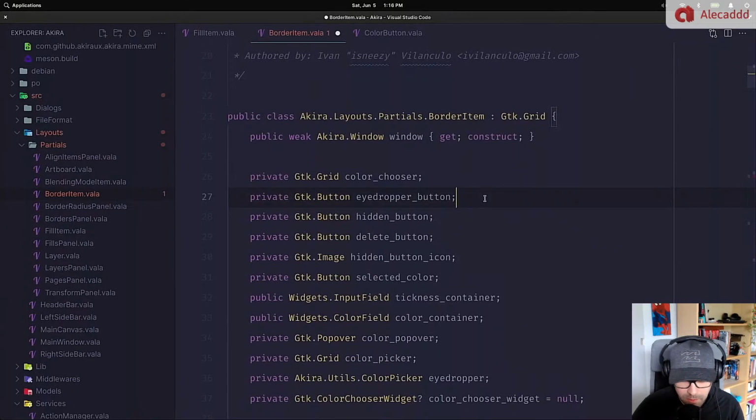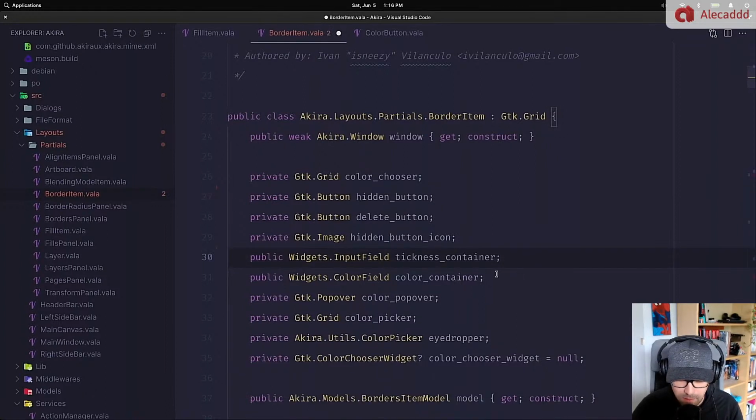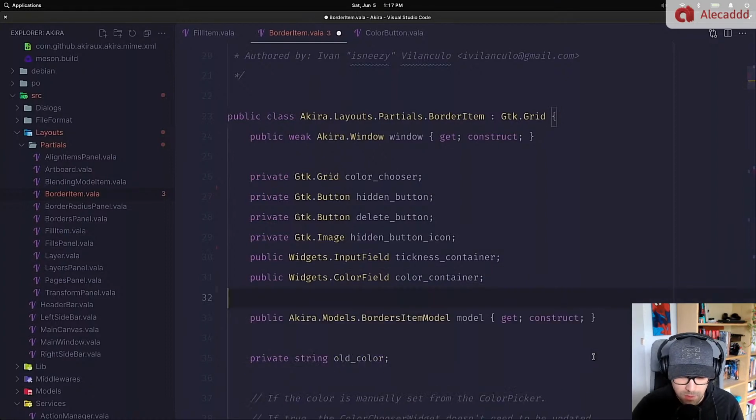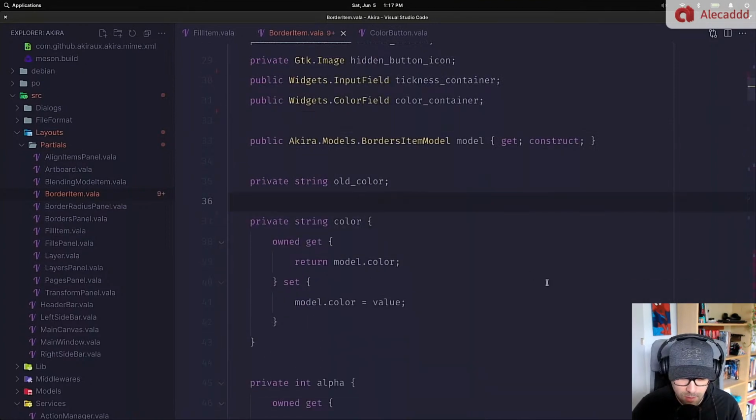Jesus, eyedropper button, go. Select color. Go, color container. No, this we need. Color picker, eyedropper, chooser, go away. Color set manually, go away. And now we should